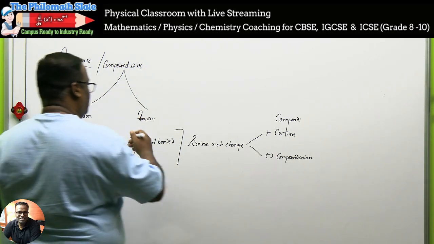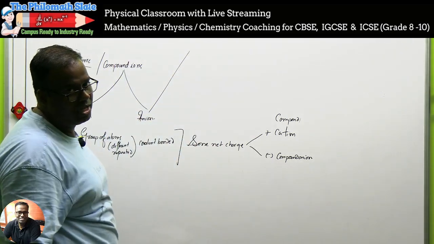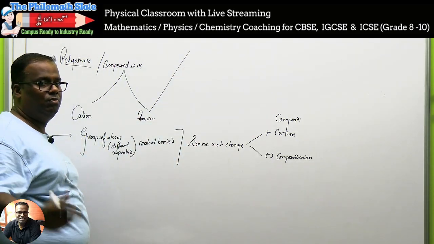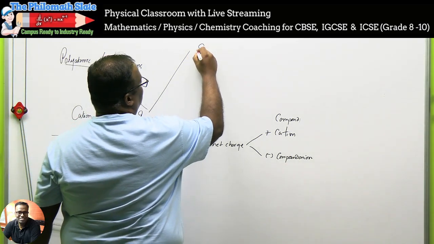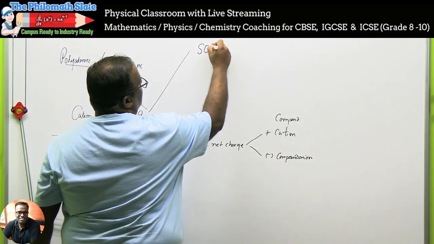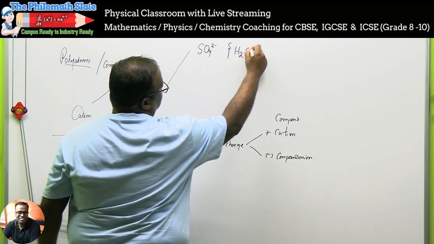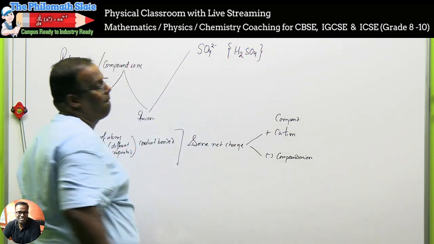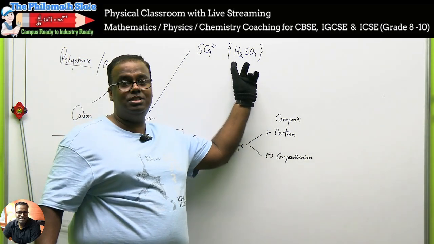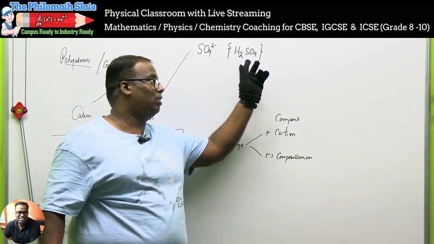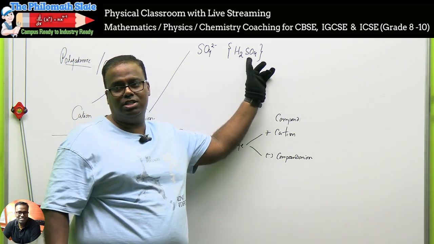Here there will be a plethora of examples for anions, and all these anions are actually coming from respective acids. Though the book does not say, we will understand it that way. The first one you should know is sulfate. SO4 2 minus comes basically from sulfuric acid, H2SO4. Now start thinking. Hydrogen is in family 1, though we don't count. SO4 is 2 minus. So now here you will understand oxidation state.